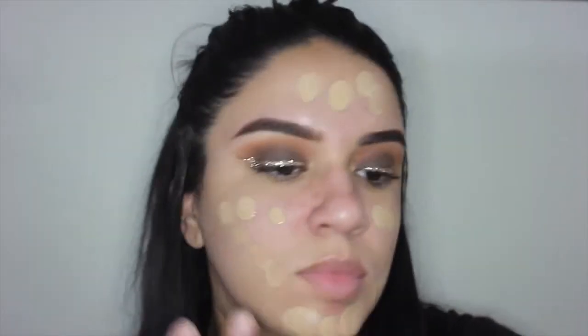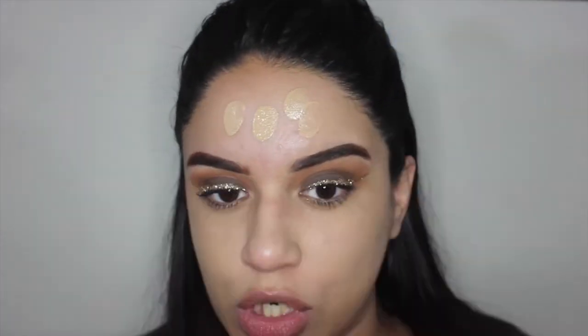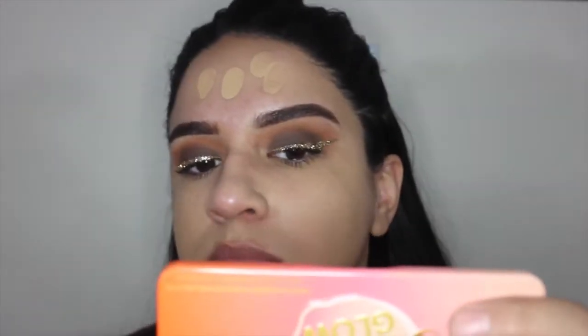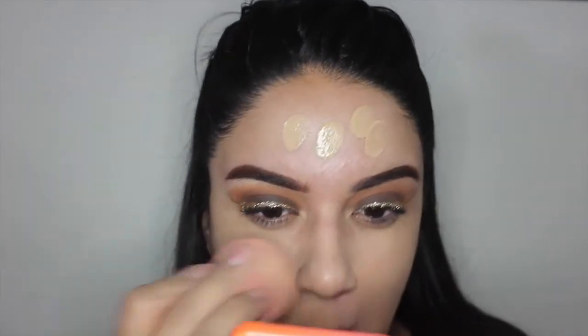Helps with my skin looking more smooth, the texture of my skin, especially now in the winter time. If you see that redness by my nose, it's just a dry patch. I'm breaking out because of how dry the air is. One day it's 60 degrees, the next day it's 41. I'm struggling in this New York City weather, but I'm going to blend that out with my beauty blender, and